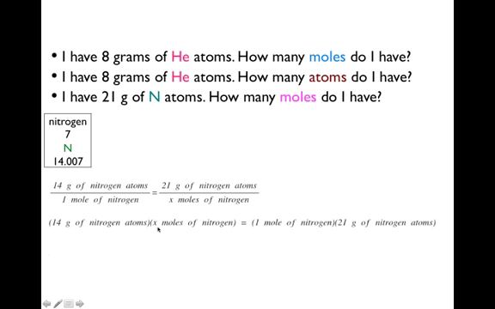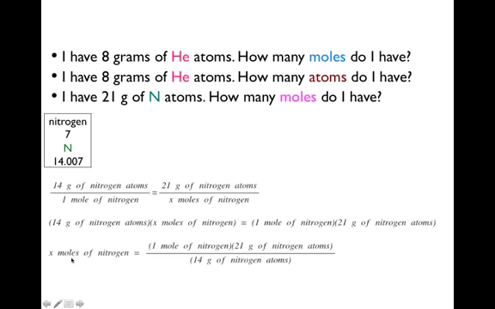We want to get x all by itself, so we need to get rid of this guy. So we divide both sides by 14 grams of nitrogen atoms, and x moles of nitrogen atoms equals 1 times 21, which is just 21, divided by 14. So the answer, or what x is, turns out to be 21 divided by 14, which is 1.5. So if we have 21 grams of nitrogen atoms, we have 1.5 moles of nitrogen atoms. And that's basically how you use molar mass to figure out how many moles of something